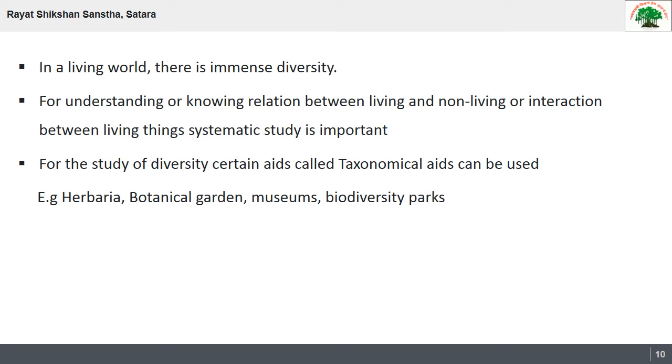So that specimen becomes a herbarium. Because of this herbarium we can study the features, means the taxonomical features of this plant. Then botanical garden means obviously it is a collection of all types of plants, means local plants also, and then